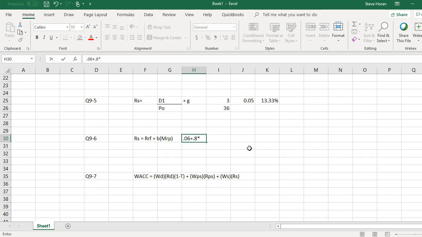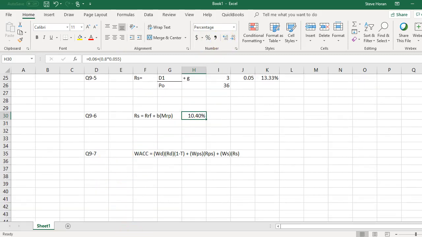So they kind of try to throw us off again by giving us just the total return on the market, which sometimes will definitely work as we do a problem like this. Let me put these around parentheses here. I'll feel better about the answer if I do that. Okay, then we'll go ahead and enter, and that is the answer, 10.4%. Okay, and then